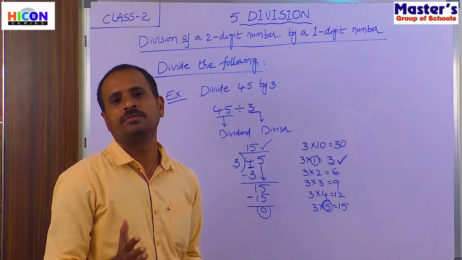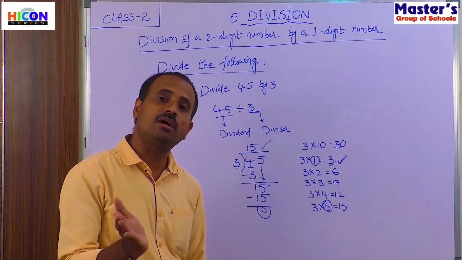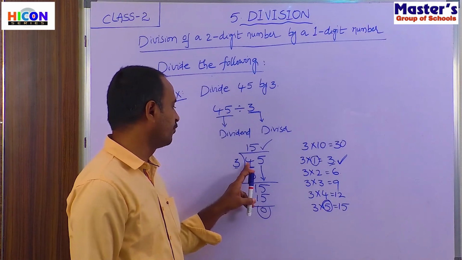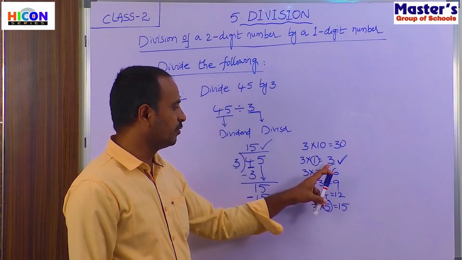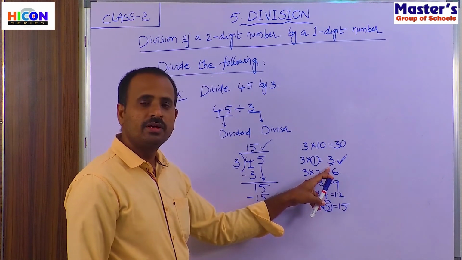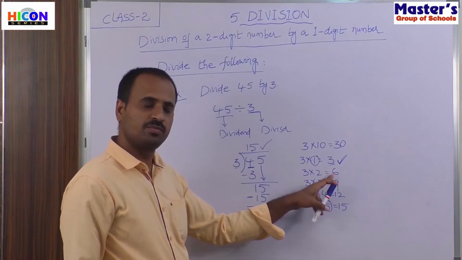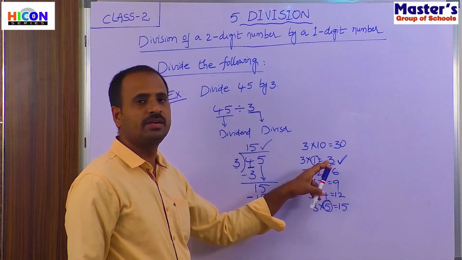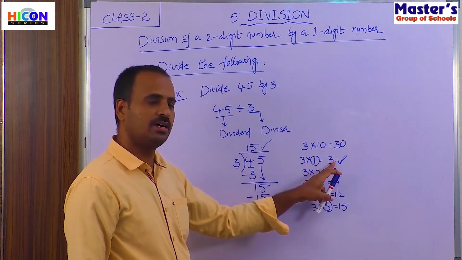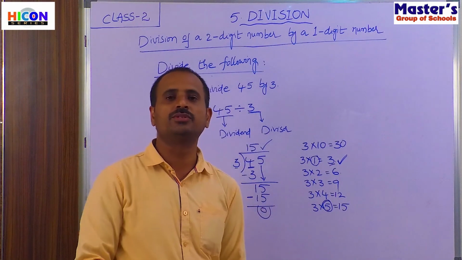So children, do you understand? If you did not get the number in the table, we have to take the smaller number just before it. Here we did not get 4 in the third table. We get only 3, 6, 9, 12 and there is no 4 in this. So if you did not get 4, then take the number before it. If you take 6, it becomes more than 4. So that's why take just the one before it. What is just before it? 3. So now we have to take 3 ones are 3. So in this way we have to do this type of divisions. Now let us practice some more divisions on this model.